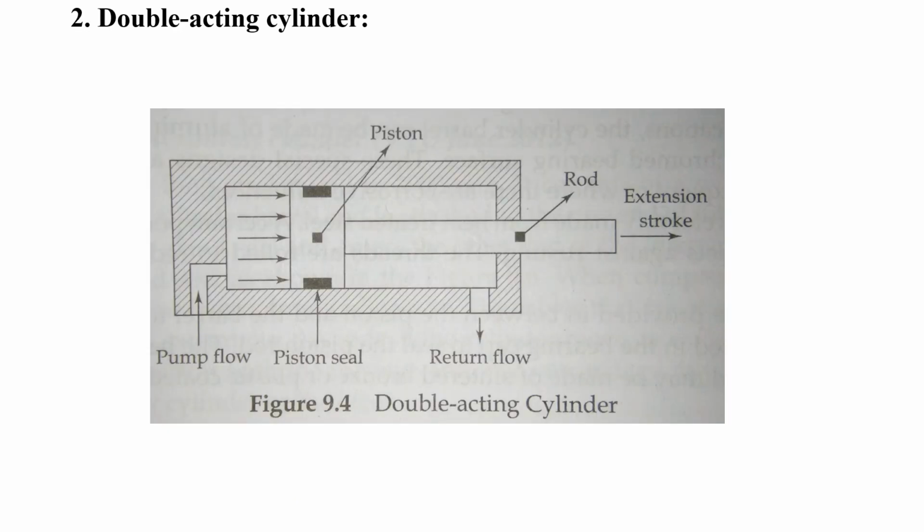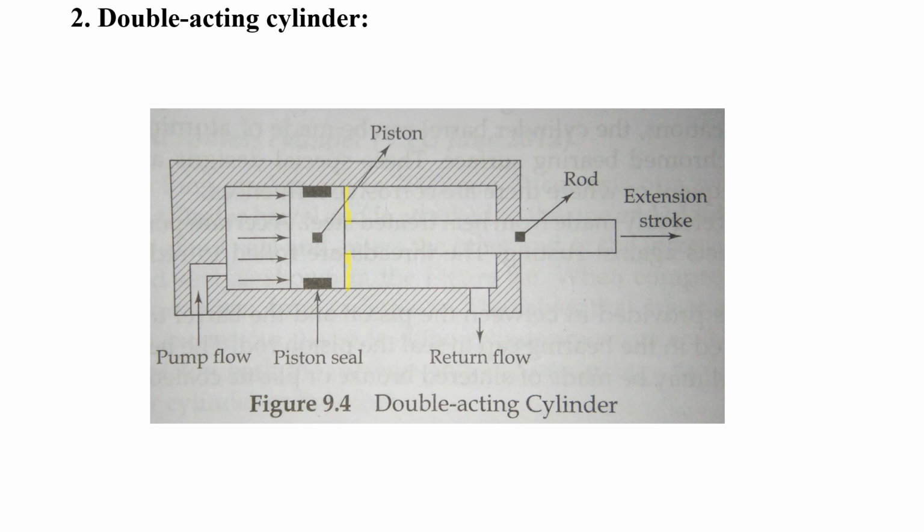Next we have the double acting cylinder. As its name says, it will give force in both strokes. In the forward stroke you get force, and in the retract you also get force, but the retraction force will be less because you are applying air on a lesser area, since the rod area needs to be subtracted from the piston area. So the retract force will be less compared to the forward stroke output force.